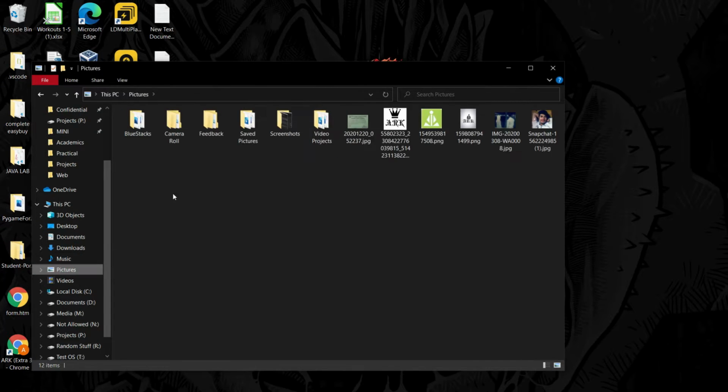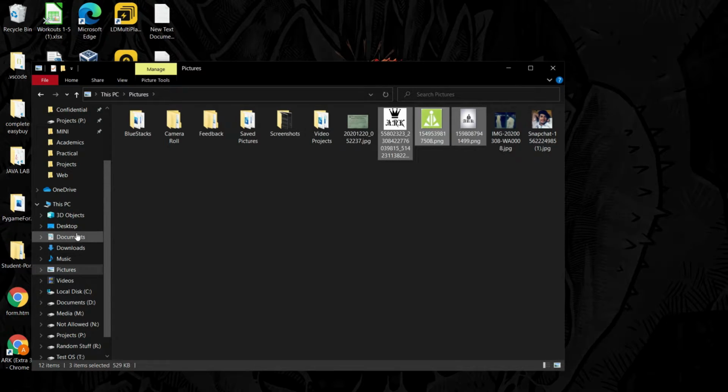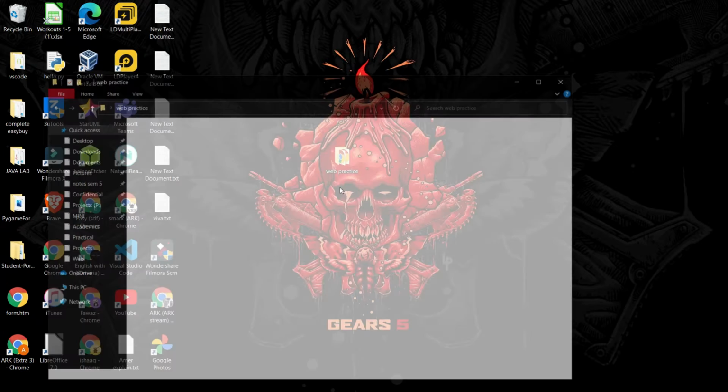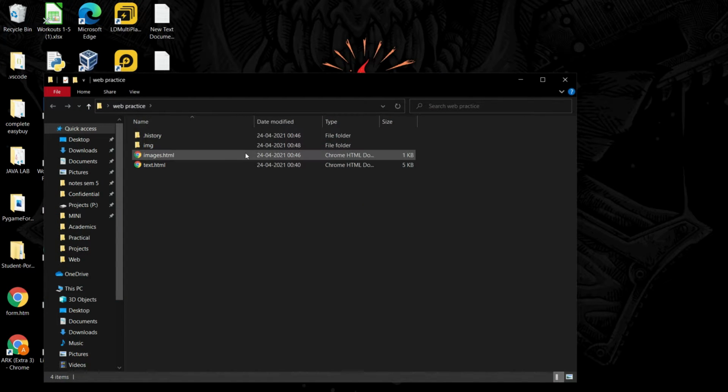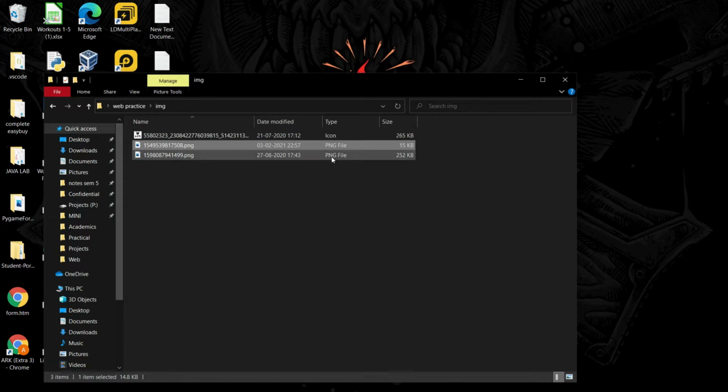Let's just copy these three images, and let's add them to our web practice images folder, the media folder which we have created.